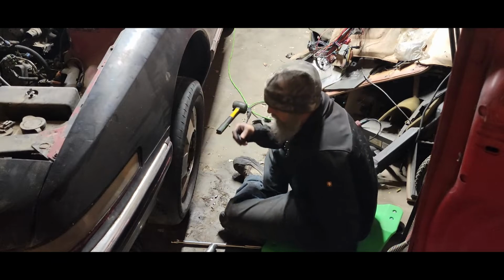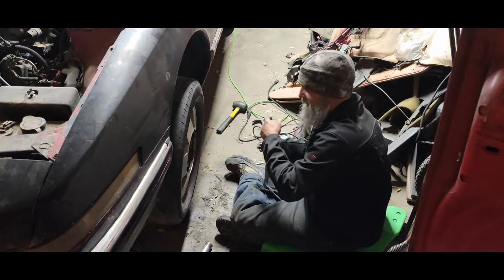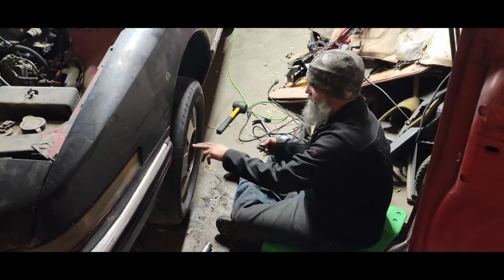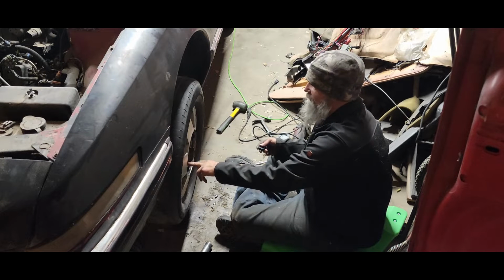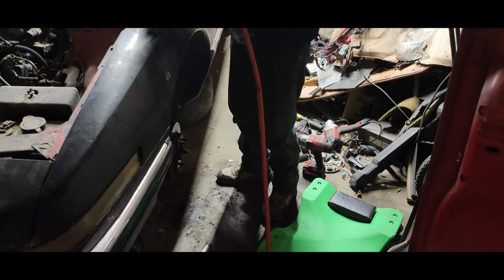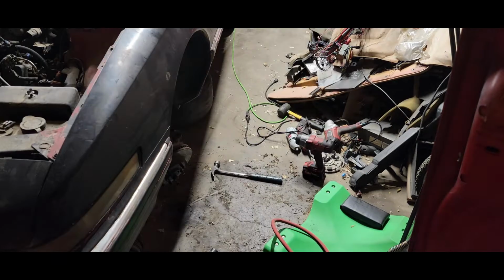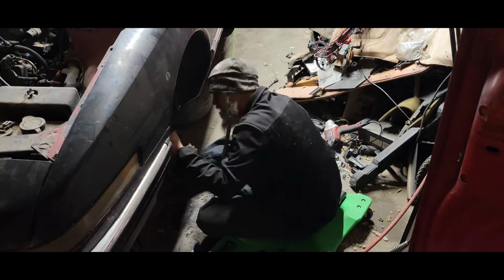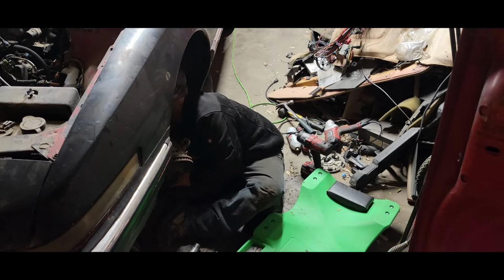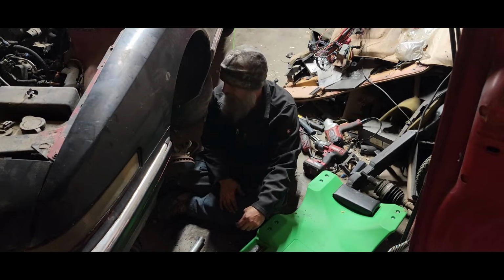Alright, I did exactly what I said I was going to do. I went ahead and put the tire back on here and used the breaker bar and broke it loose. Got it off. And now I'm taking this tire back off to finish pulling this axle. Alright, the axle's out,